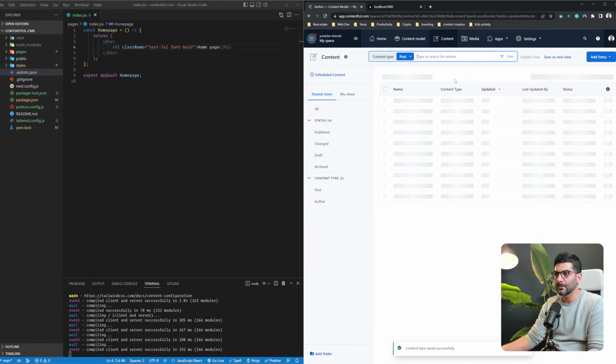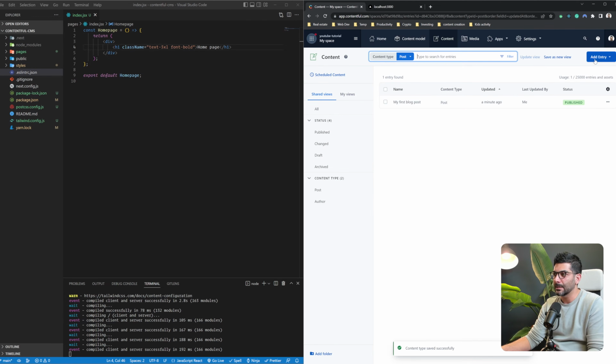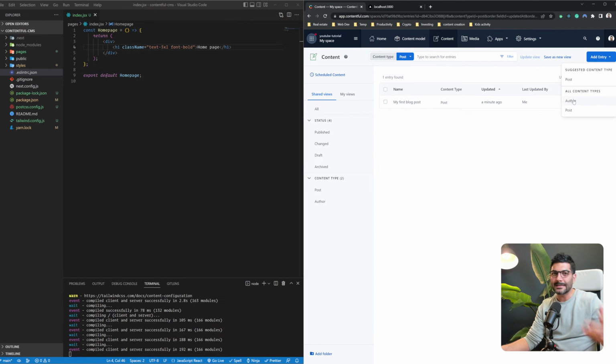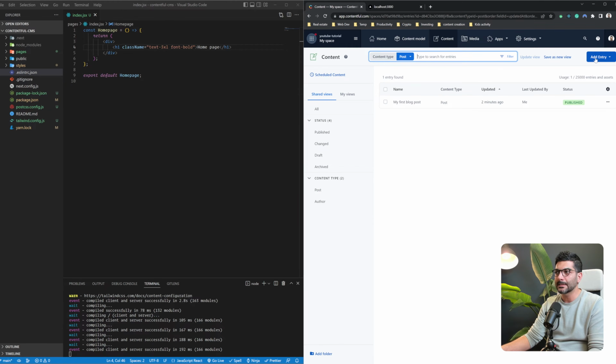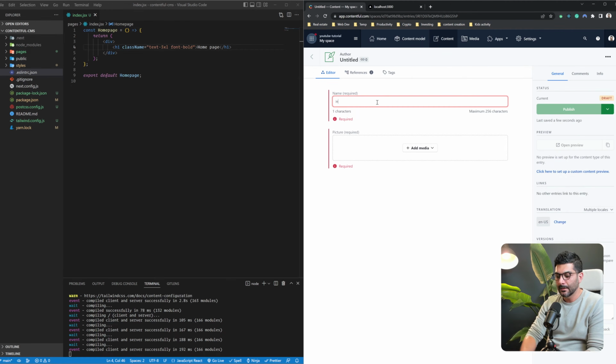So let's just go ahead to our contents and create one author. Let's say add an entry. Now, the last time that I hit add entry, it automatically took me to the page to add an entry because I only had one content type, which is the post. And that was the only thing we could create from. But now that we have two content models, an author and a post, when I actually go to my content and select to add an entry, which is an instance built from that content type, it asks me what type of content I want to create. Is it a post that I want to create, or is it an author? So I select an author, we'll just name it